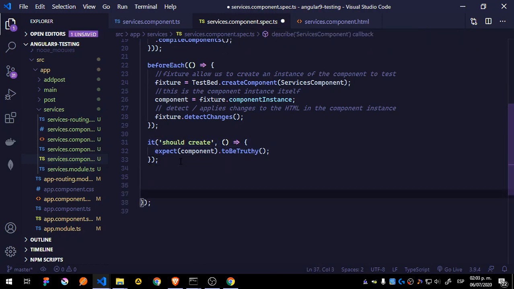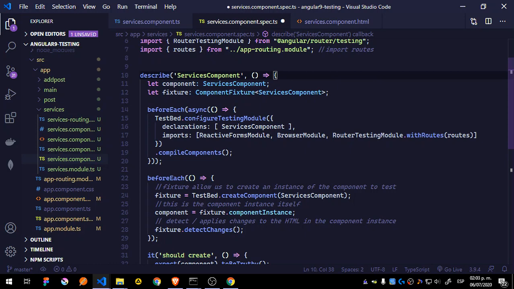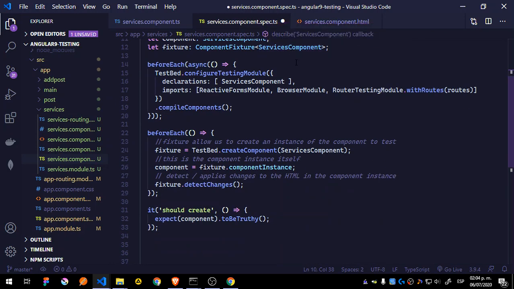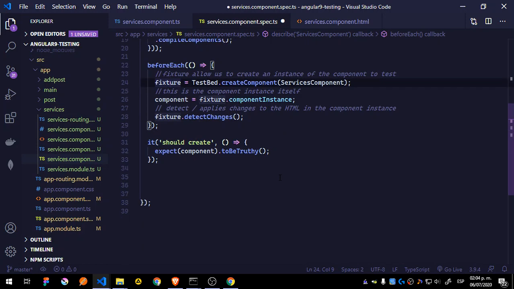So that's the thing. Testbed is the environment itself. We will need to do a few things with testbed later, but testbed is the environment itself that allows us to run the test. Fixture is what allows us to create the instance of the component, the shadow copy of the component, and the fixture is going to be able to detect the changes in the HTML in order to check the corresponding